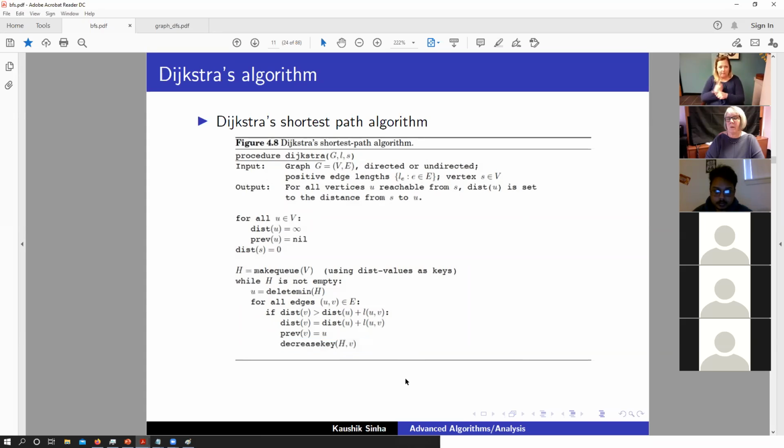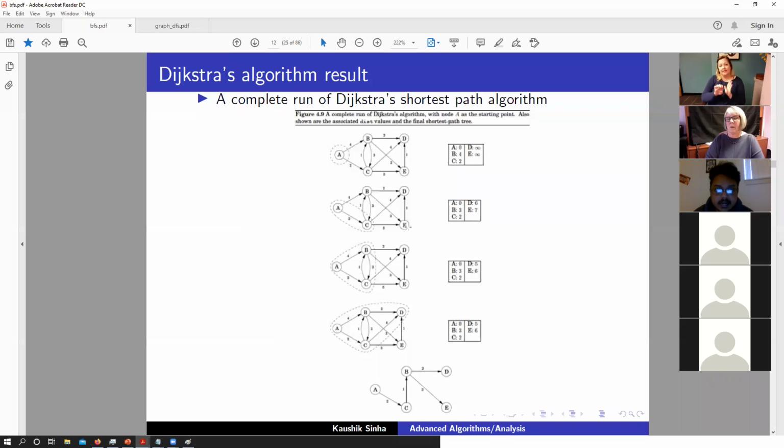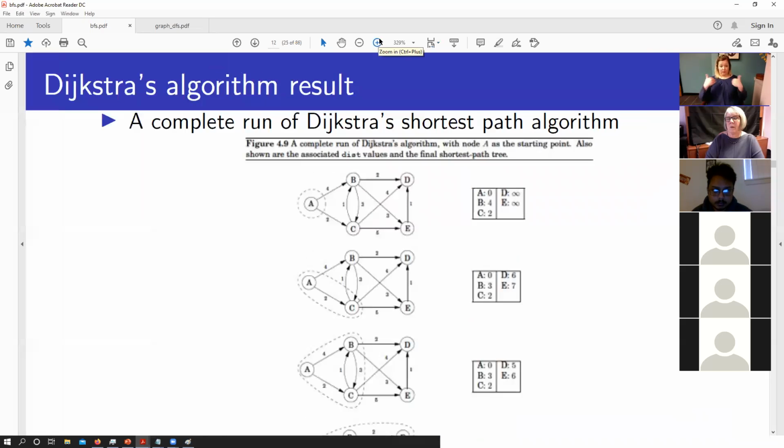Okay, so let's look at an example for this particular thing. So let's say that we have this graph, and I'll zoom in a bit. So let's say I have this particular graph A, B, C, D, and E, and this is my current set of vertices that we have. So we have A, our starting node, and we evaluate A to get B and C, right? So we update all the values for B and C to the edge weight, that is from A to B we have 4, from A to C we have 2, so we get the new distances.